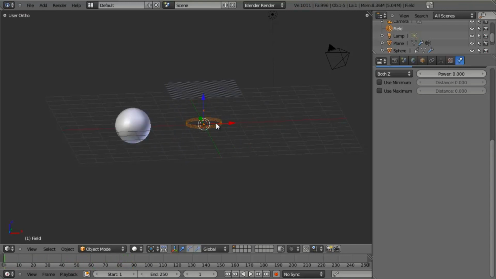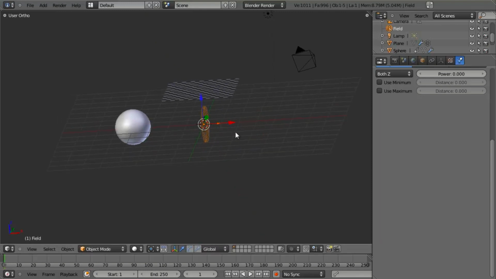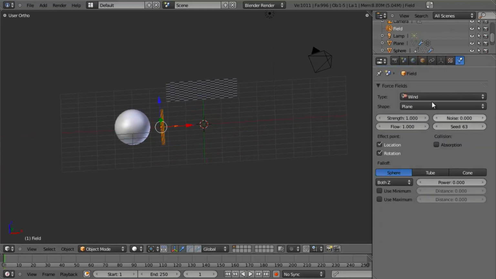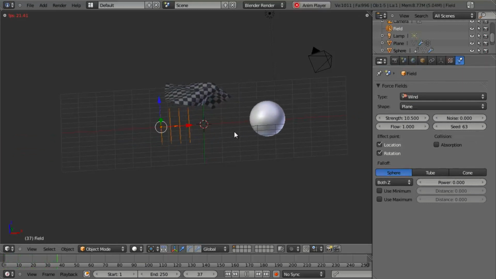So what we're going to do is first hit Alt-R, Y, and 90 degrees to rotate it around the Y-axis, so it's pointing the same direction the ball is moving. We'll move it back along the X-axis, and then under the physics field, let's turn up the strength, which you'll notice is being indicated by these, and hit Alt-A. Now you see this playing back, and then we should see,